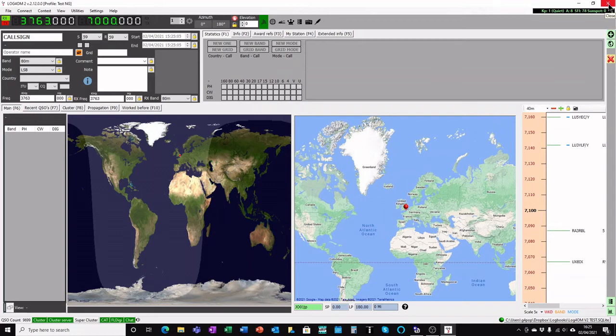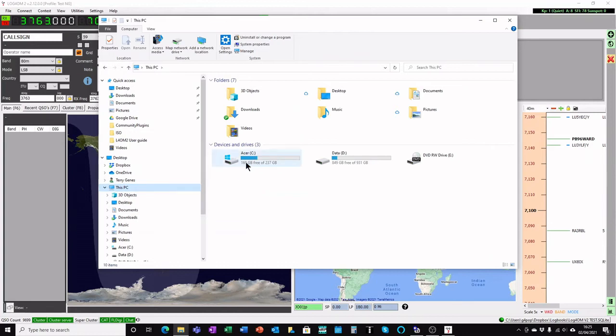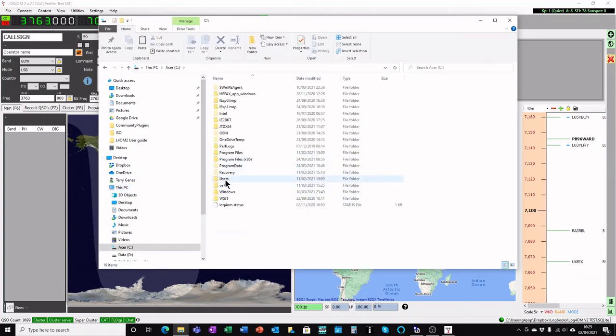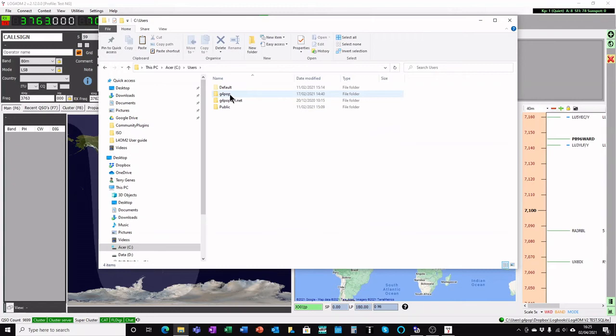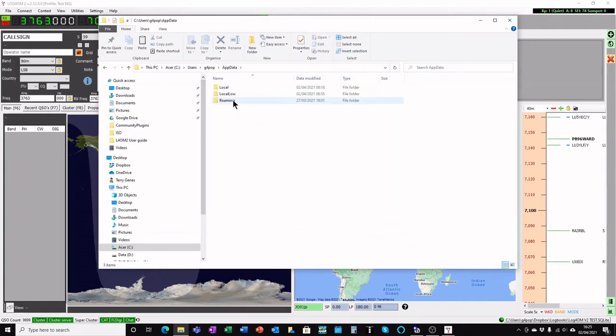So it's because that JSON knows where to find your database file. There may occasionally be a situation where you've lost the database file as well. That is also an easy thing to rectify. Going back to our folder again on the File Explorer, we'll go to this PC, choose your C drive, users again, we're going back to the same place, your username, app data, roaming,